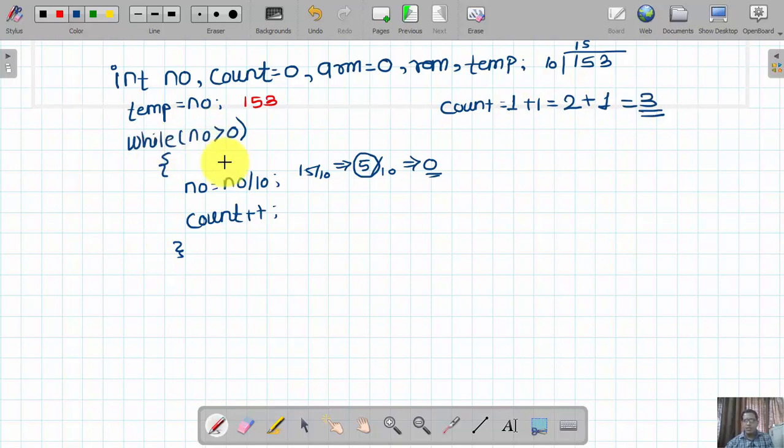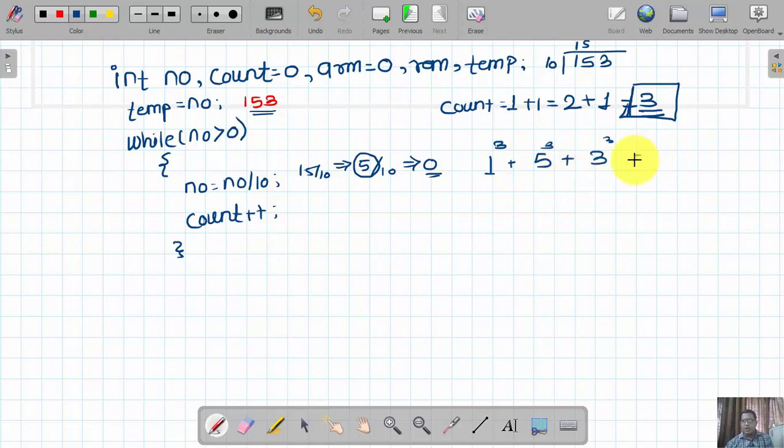This means this loop is helpful to find out the total number of digits present in number. So now this input number is a 3-digit number. To find out whether the number is an Armstrong number or not, what next do we have to do? Again we have to separate each digit from this 153 and make the power equal to the total number of digits present. So as here it is 3, it is now 3, 3, 3, and do the addition.